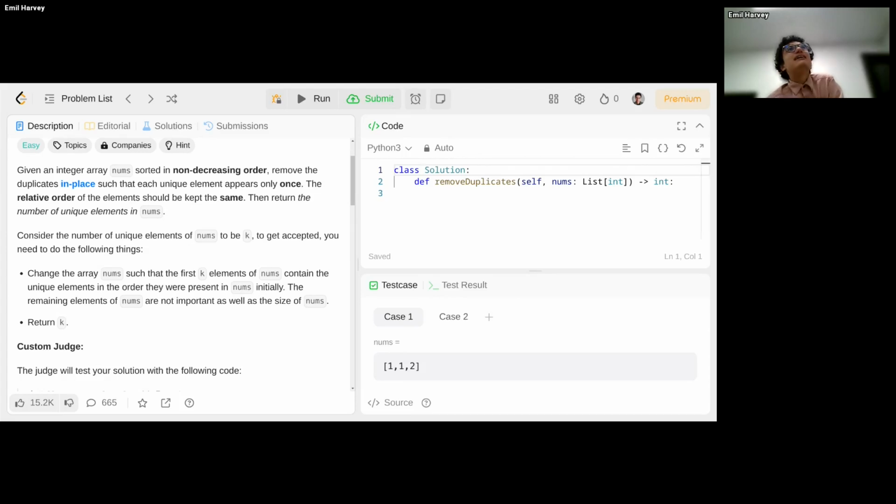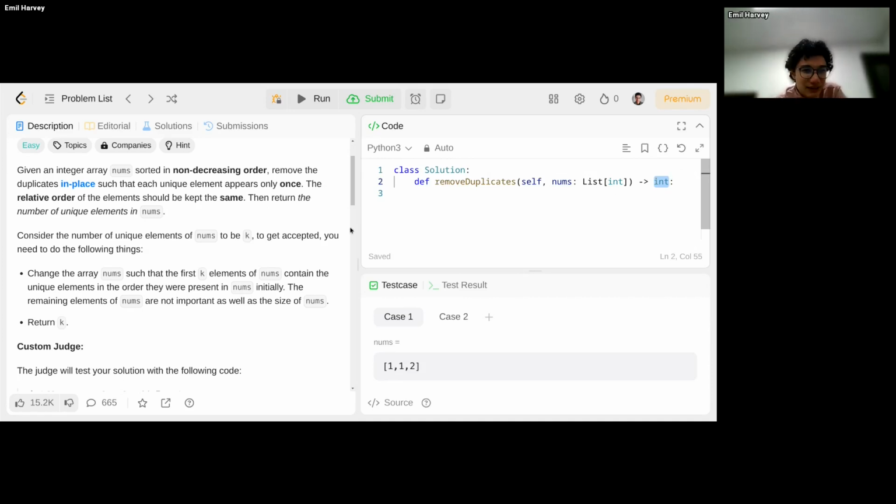We have that parameter nums, and we're going to be modifying it in our function, and then the test code will see that. So you're not creating a new array. Don't do that. What you are returning, though, is an integer of the number of unique elements. So you're going to do something to nums, remove the duplicates, and afterwards return an integer, and that integer reflects what the size is.